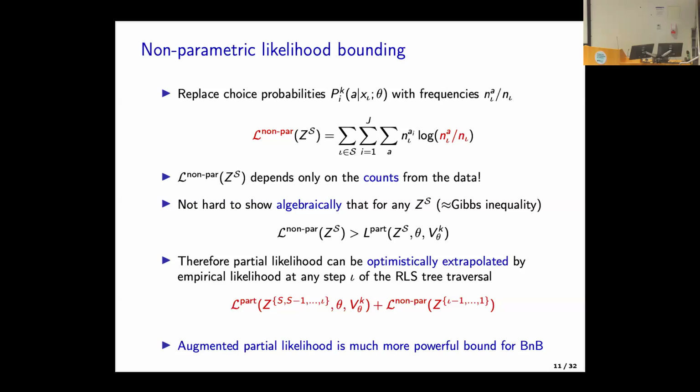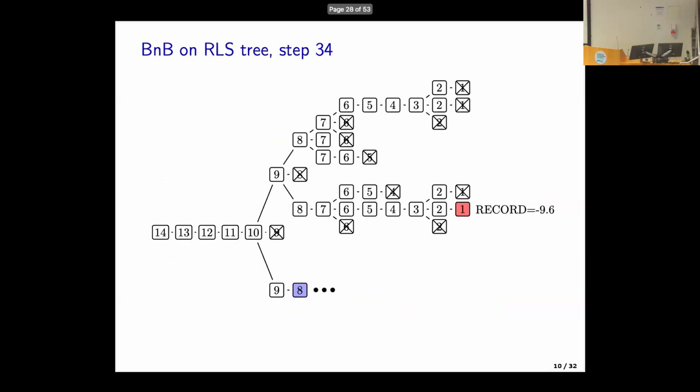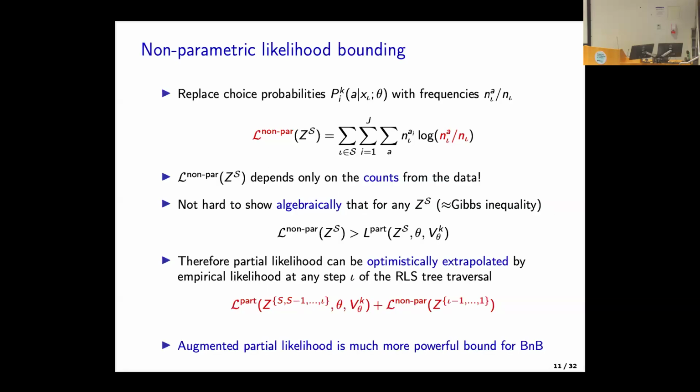So the idea is now that for the bounding function, I was using the partial likelihood, right? I was using the likelihood which was computed for a given equilibrium K on a subset of points where we solved the model already. Now I can add this part for the points where we have not yet solved the model. And now my bounding function will contain a little bit of the actual likelihood, but the rest will be just this kind of optimistic bound. Optimistic in the sense that no parametric model can do better.